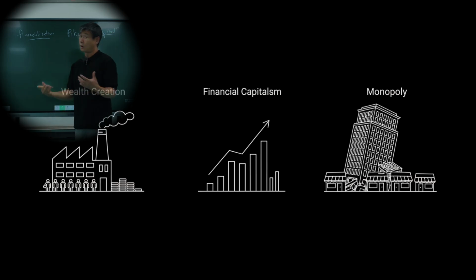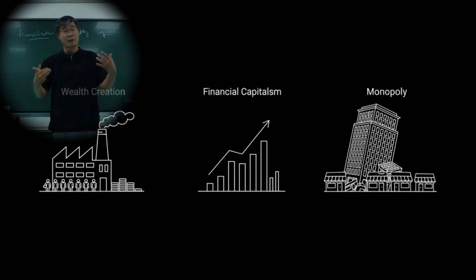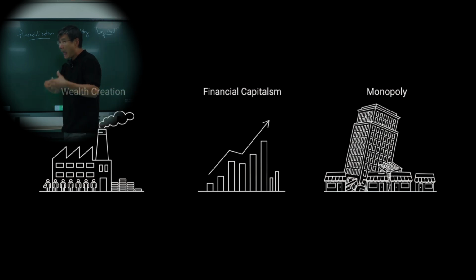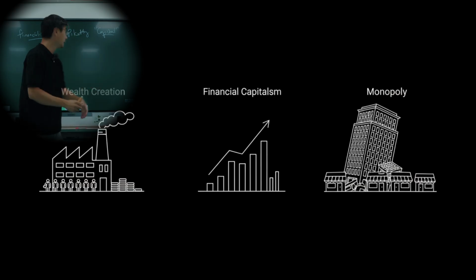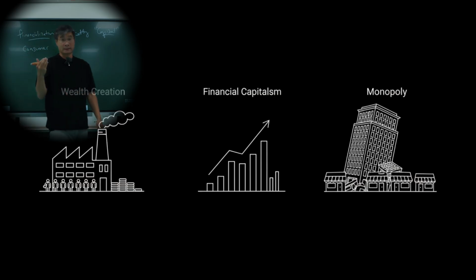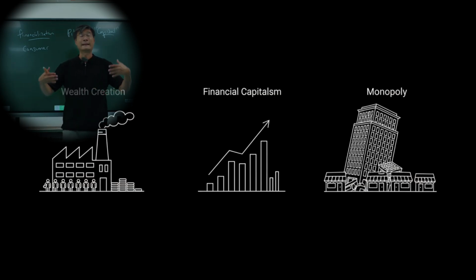It is a fantastic book. You don't have to read the book, but if you have a chance, you should definitely pick it up because it is a very easy but very illuminating read. And what he argues is that what happens in society is that capitalism transitions from phase to phase. In the beginning, you have consumer capitalism, meaning that what the society is trying to do is create goods that consumers want to buy. This is an era of rapid wealth generation.